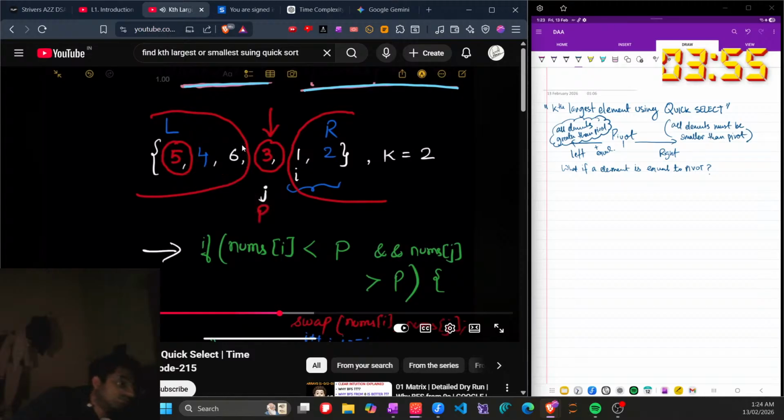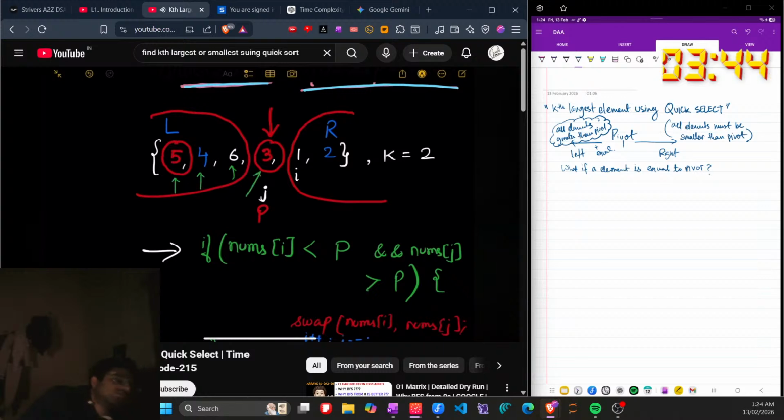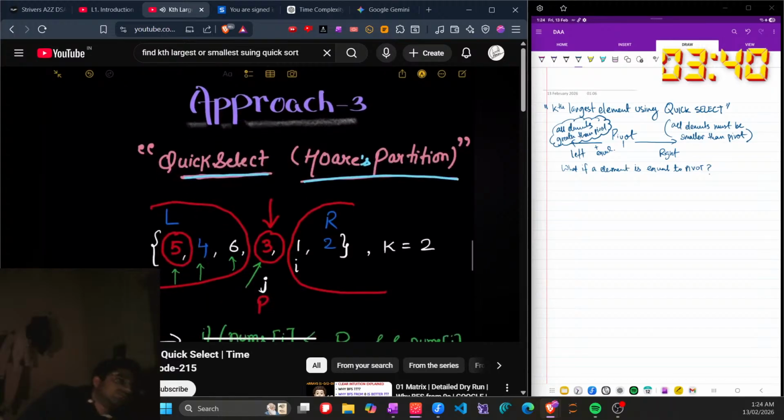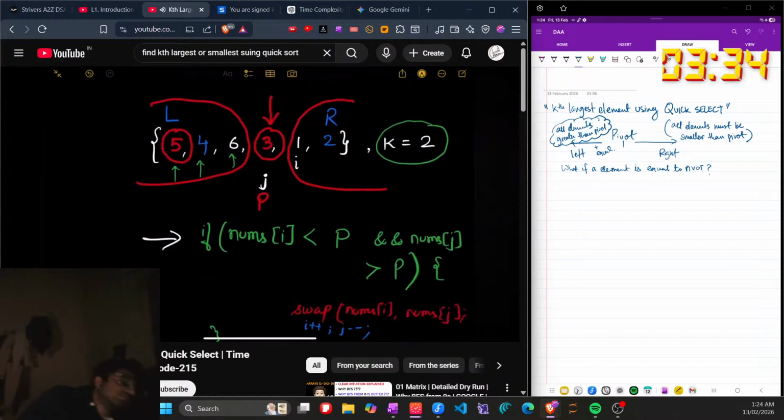इतना तो पता है कि पिवट के लेफ्ट साइड में सारे एलिमेंट पिवट से बड़े हैं। तो ये पहला लार्जेस्ट है, दूसरा लार्जेस्ट ये है, तीसरा लार्जेस्ट ये है, ये चौथा लार्जेस्ट है, ठीक है। तो मैं गया फिर पूछा कि भाई कितना लार्जेस्ट चाहिए तुम्हें, तो मैंने बोला कि मुझे सेकंड लार्जेस्ट चाहिए, ठीक है। बट मैं किसको ले आया, फोर्थ लार्जेस्ट को ले आया, तो सेकंड लार्जेस्ट कहाँ पर होगा, लेफ्ट साइड में